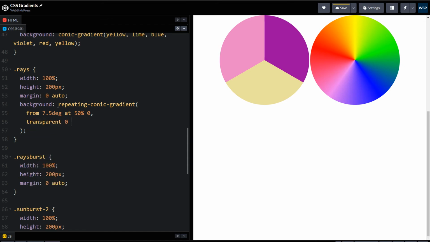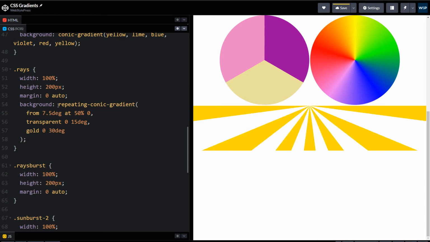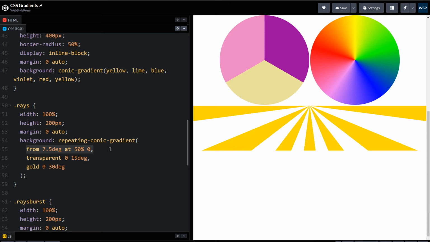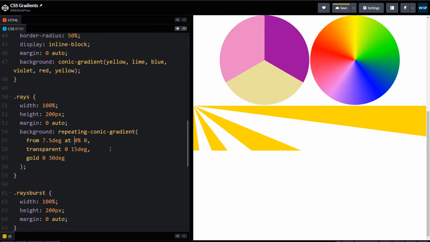Transparent 0, 15 degree. One color is transparent and at 15 degree. Then our main color should be gold 0, 30 degree. Okay, from 7.5 degree at 50%. If I change it to 0%, then you can see the change.